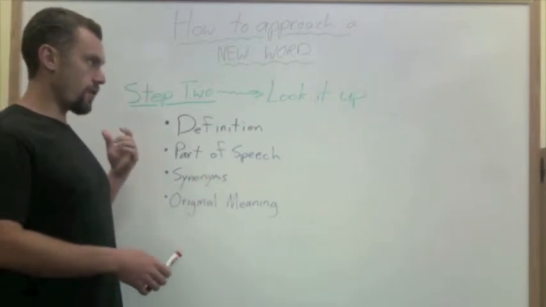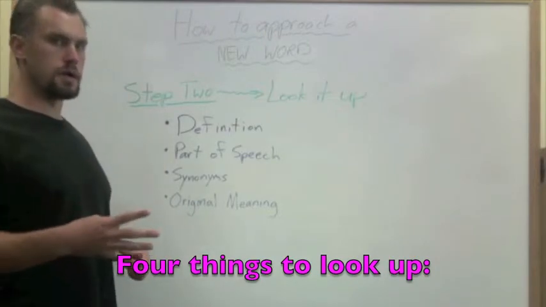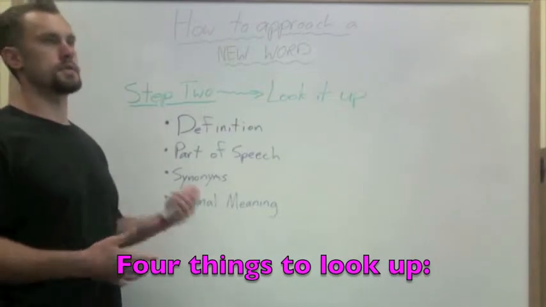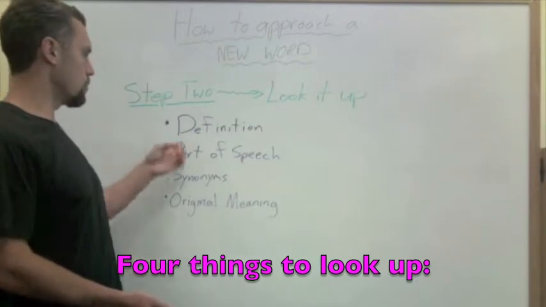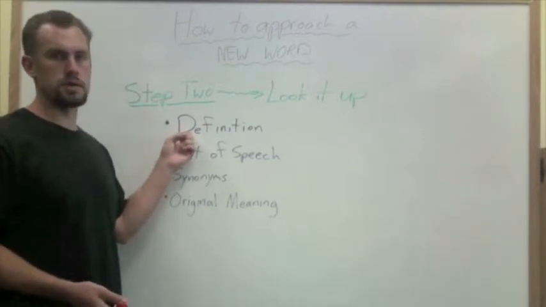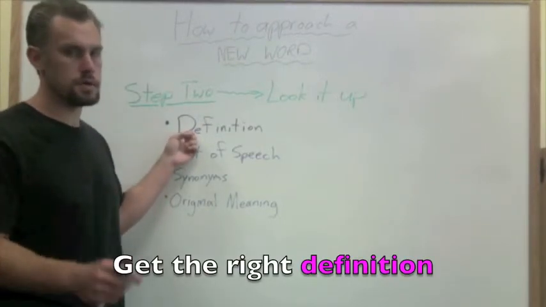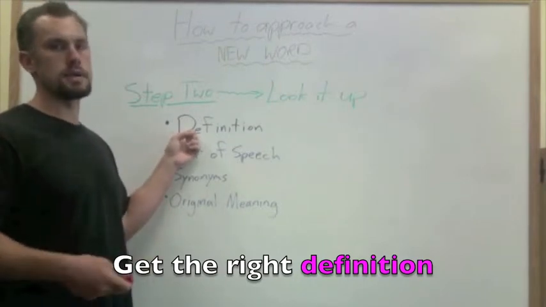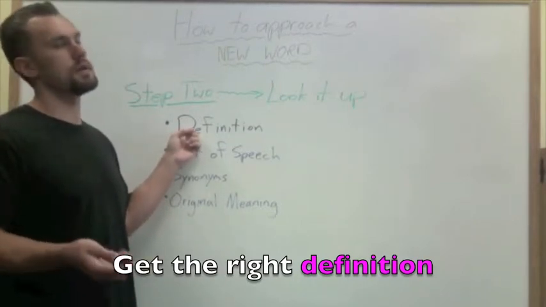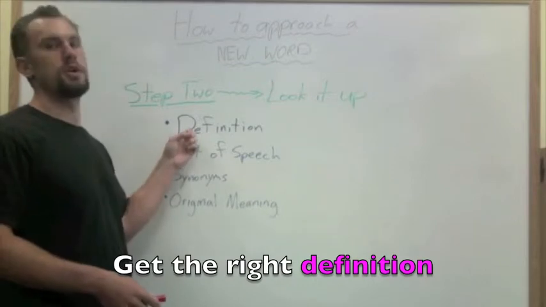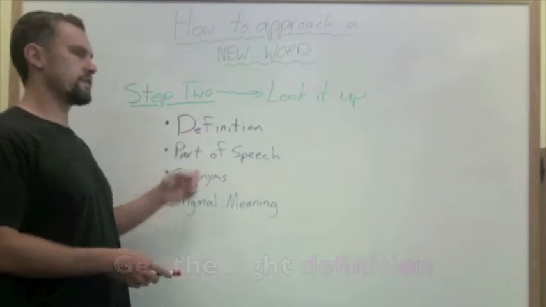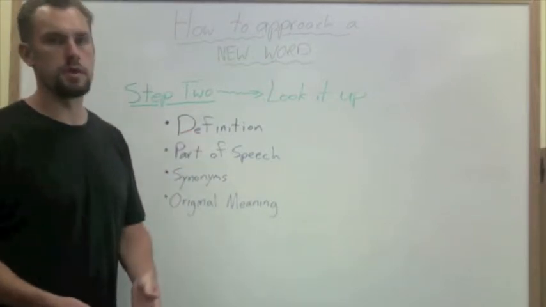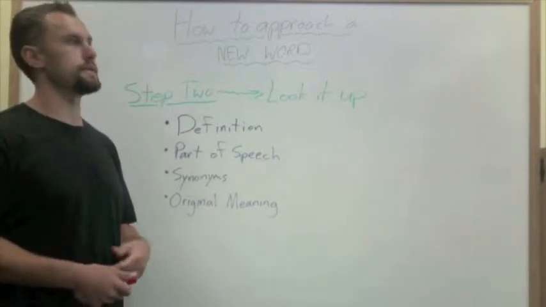But if you have to look it up, there are four things that I want you to do to understand that word at a deeper level. One, obviously, is to get the definition of the word. And you need to get the right definition of the word because many words have many different definitions, or at least more than one definition. So you need to match up the correct definition with the way the word is being used in the sentence that